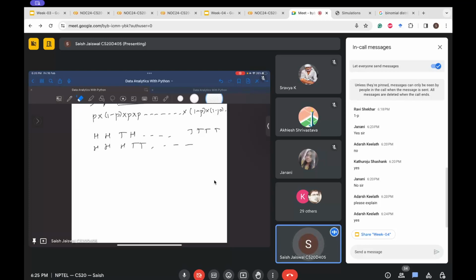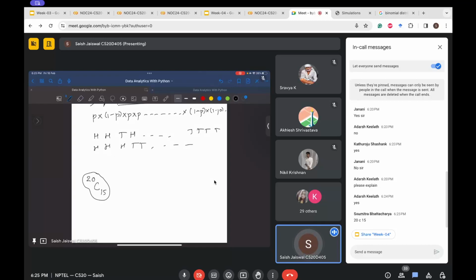Out of 20 elements I want 15. So what are the ways of arranging this? What term do we use for that? Combination, permutation? Combination. Yes. So out of 20 trials I want 15 successes. So the number of ways in which I can arrange these 15 successes is 20C15, and then the probability of